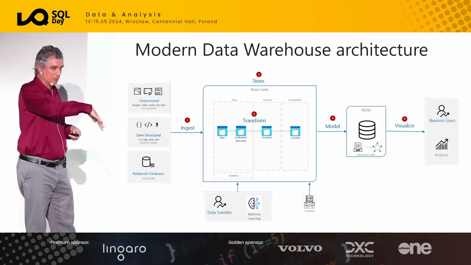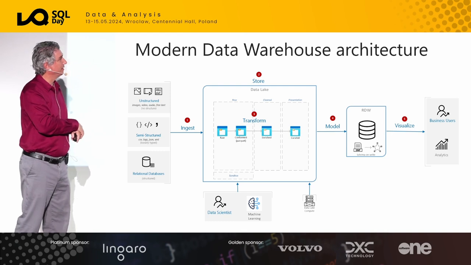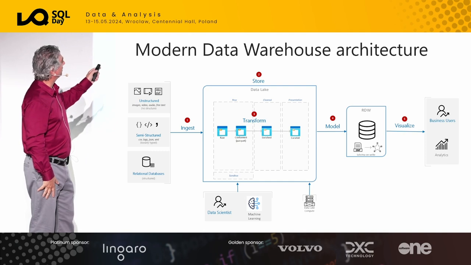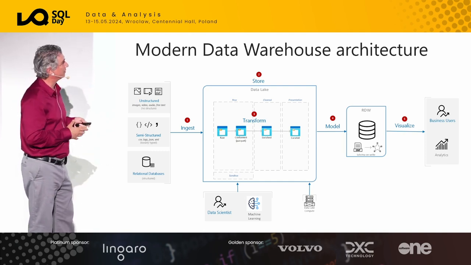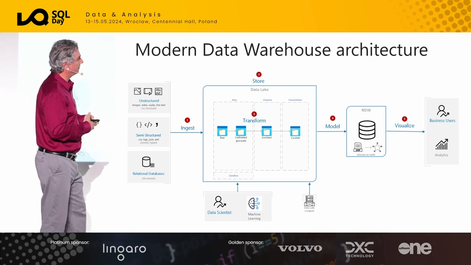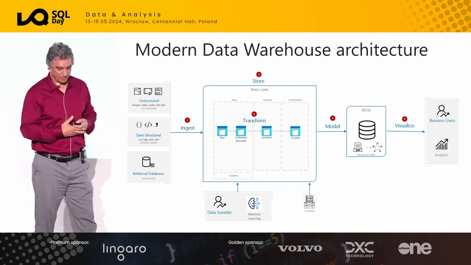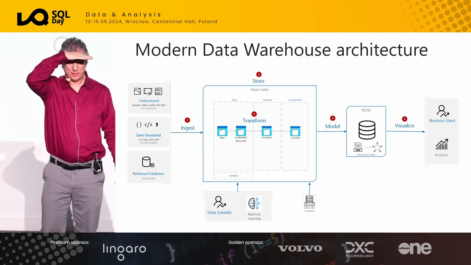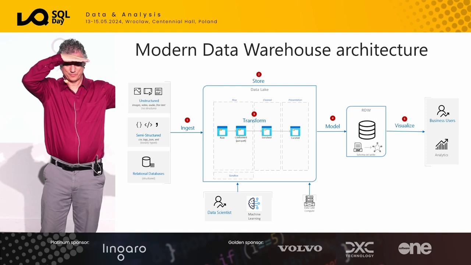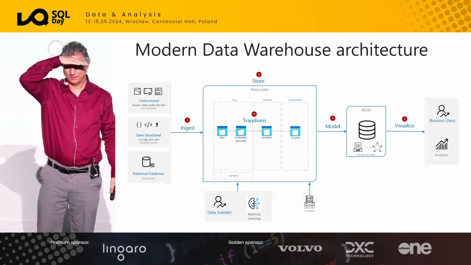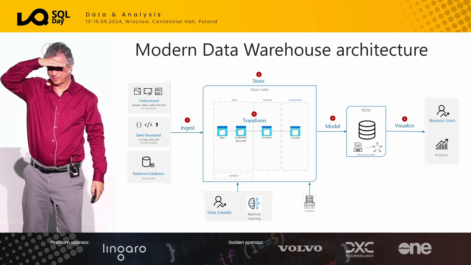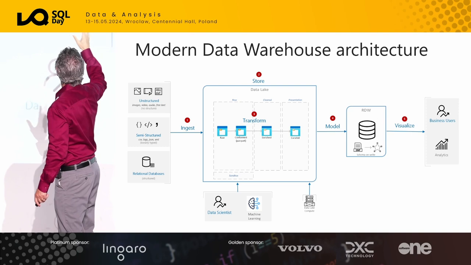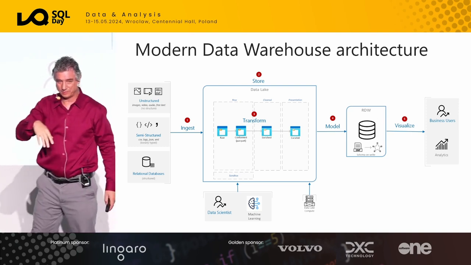Now, digging a little more into what that would look like, here are the 5 steps again. I have ingesting from all these sources. I'm doing batch ingesting, and then I'm putting it into a data lake. The data lake can have multiple layers. If we think of the medallion architecture, how many people have heard of the medallion architecture? Okay, a lot of you. That's something brought up by Databricks, and I prefer to use something more descriptive, so I call it raw, clean, and presentation instead of bronze, silver, and gold.